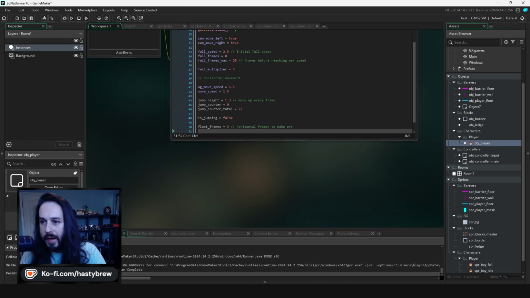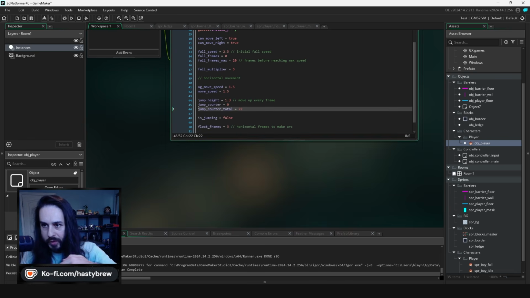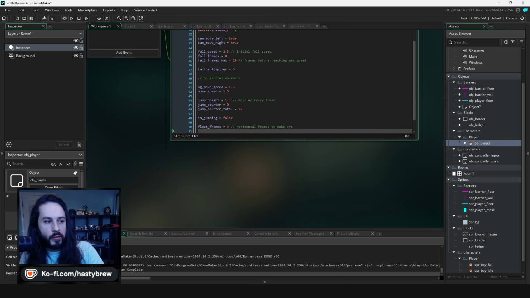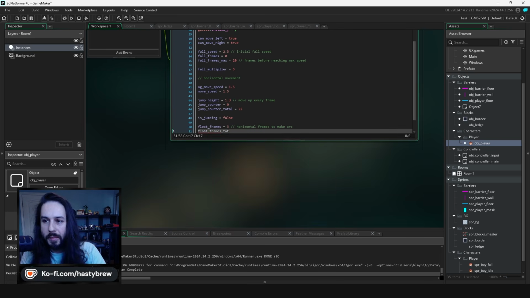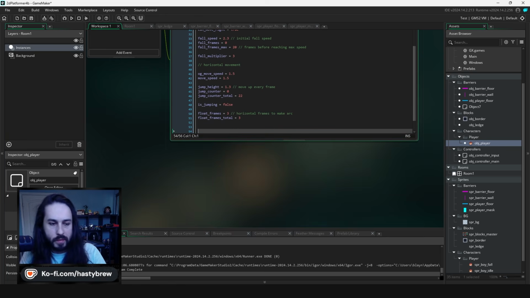So jump height is how much it moves up until it reaches the jump counter, 22 frames, at which point you start falling. We have a few float frames, like coyote time, and that just helps give it that arc. Float frames total equals 3. And then finally,